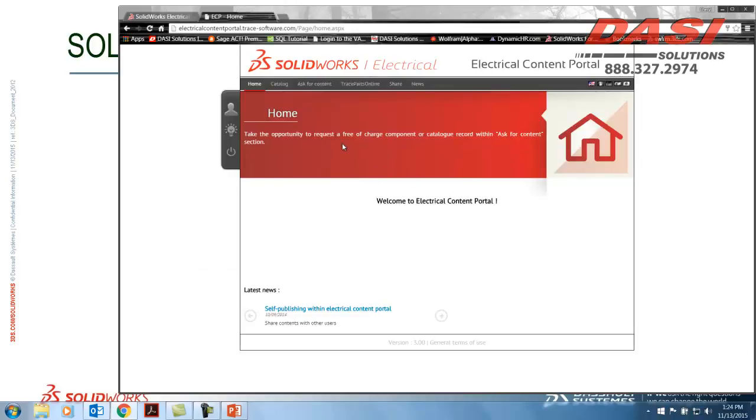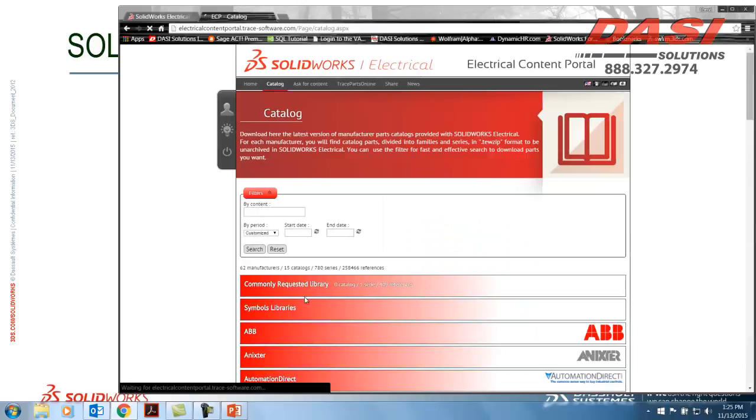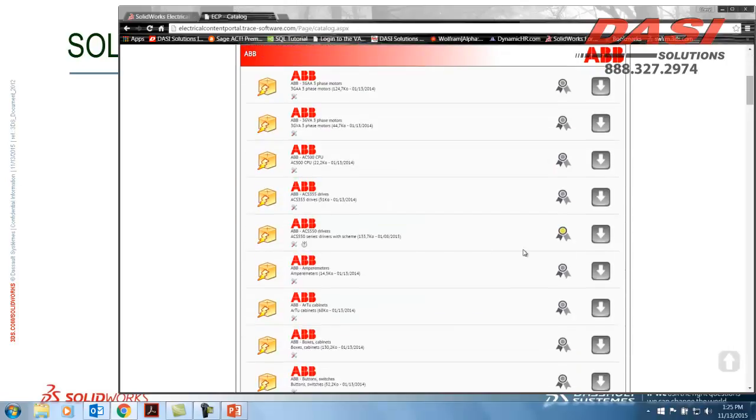What you will see is that we have catalogs here. These catalogs are available so that you can see some of the things that we've got. For ABB, for example, we've got some 3D models here. Be cautious to see the icons. If there is a silver icon, that means that if you have access to the electrical content portal, you have direct access to it. If it has a gold icon, then you need to make sure that you contact the subscription service,